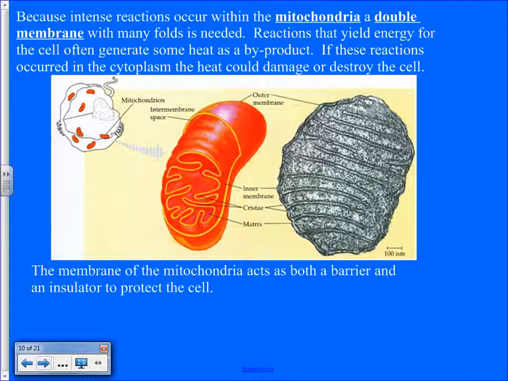The mitochondria are a sausage-shaped organelle, and they have a double membrane. Not a single membrane, but a double membrane. And there's a space between the inner membrane and the outer membrane that acts as an insulator, because the mitochondria are busy breaking down sugars and releasing their energy. And when you break down sugars to release energy,